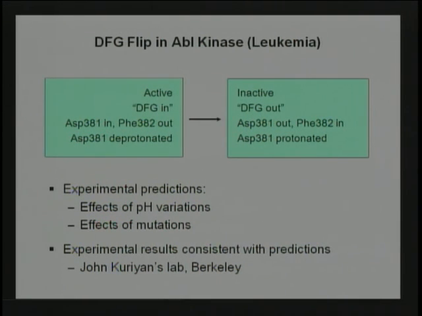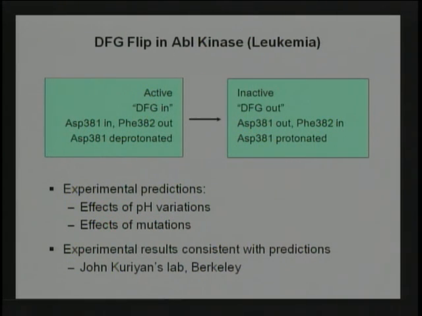This one's involved in leukemia. It's work that we did with John Kuriyan at Berkeley. This is a very successful drug. It's sort of the poster child for a highly targeted drug that's actually keeping people alive for a long time, but not all. 10% don't respond, and as of 2 weeks ago, we now know that it's actually very good. If you survive initially, you're probably not going to relapse, and it used to kill pretty much everybody.